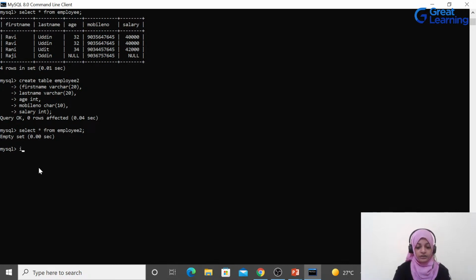Let us see how we can write this query. We write insert into employee2, and after this, what we normally do is we write a set of column names, we write values, and we write a set of values. What we are going to do here is actually write down a select query. So insert into employee2, select all the records from employee table where first name is equal to